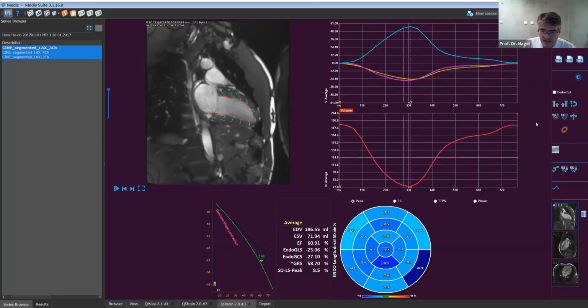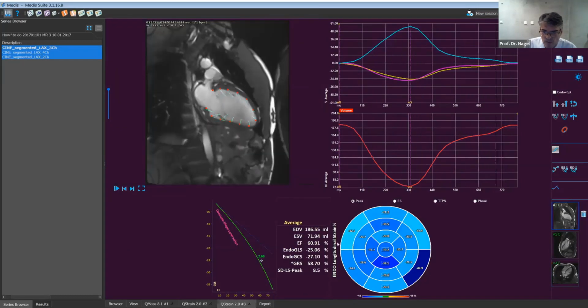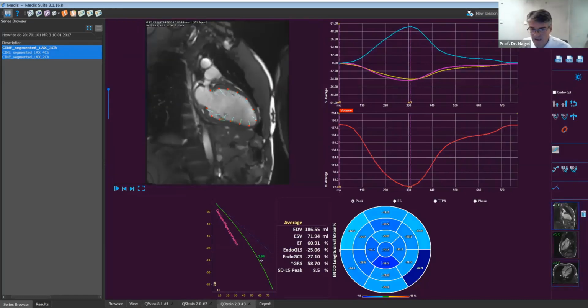So now we have the second analysis ready. Ejection fraction is now 60.9. I can quickly show you the first one here. It was 60.8. Here we are back to the second one, 60.9. Global longitudinal strain minus 25.06, and the first analysis minus 24.8. So very similar results, done as you were seeing live